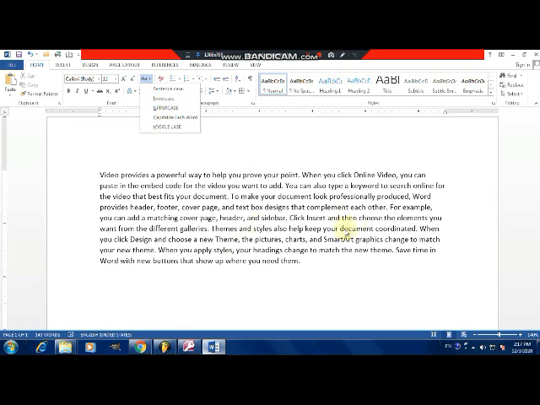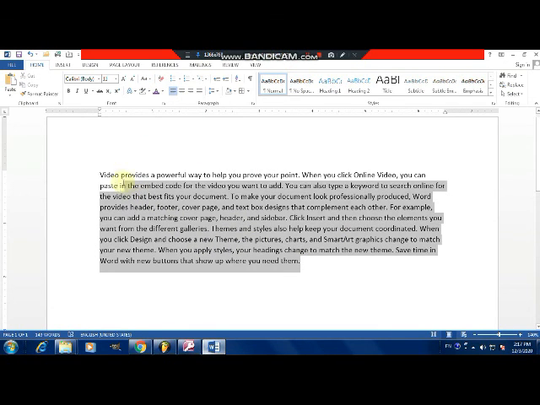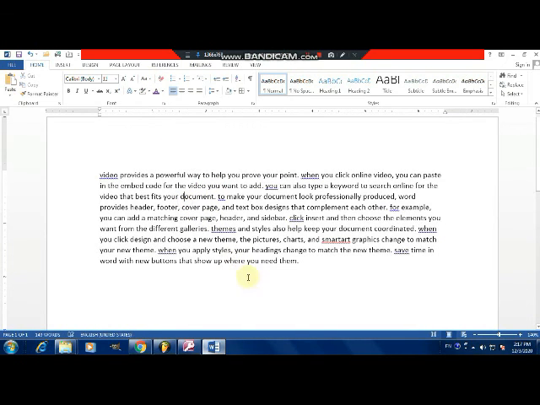What is the next one? Lowercase. Now what is the use of lowercase? If you want to turn all letters into small case or small alphabets, then we use lowercase. Now the selected paragraph we have to turn to lowercase, meaning whatever uppercase characters are there, we have to turn them to lowercase. So select lowercase and click on it. Now you can see it is showing all letters in small case.